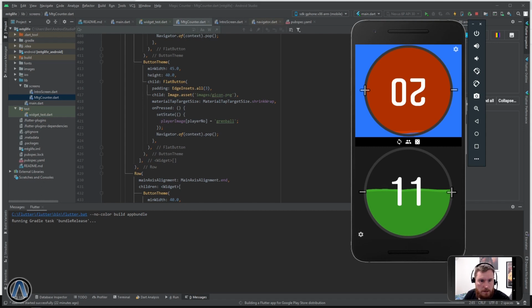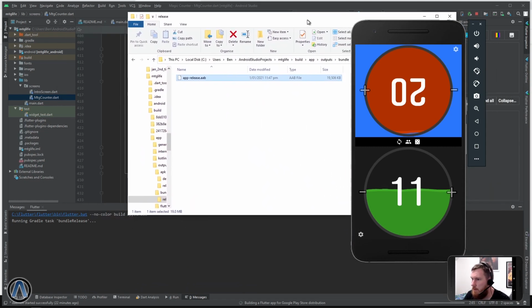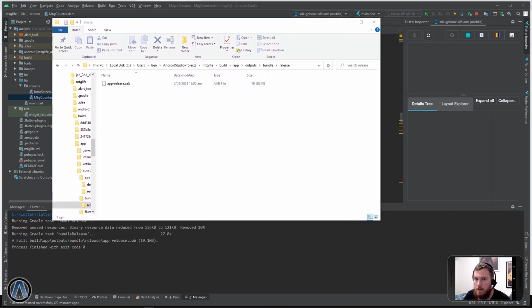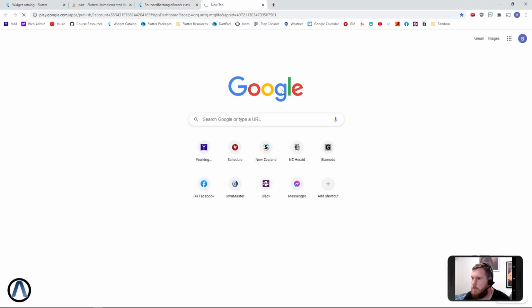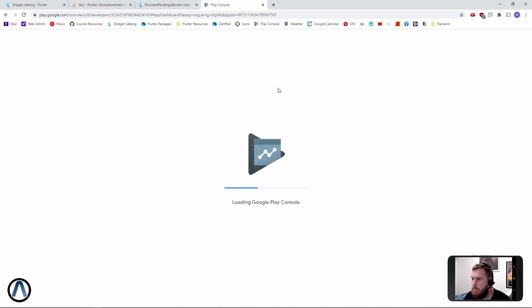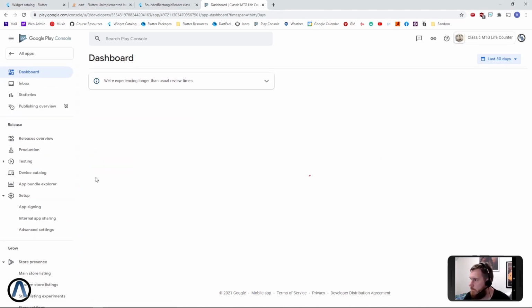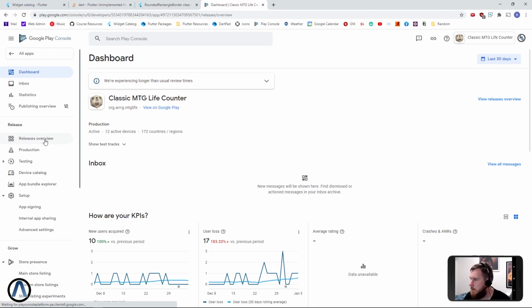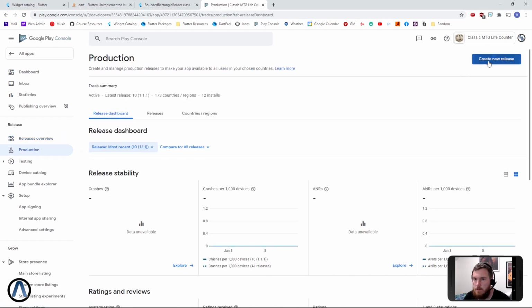And so that should be updating the file here. So it's in the outputs bundle release directory, and that's just updated. So what I can do is update this. This is the first app I ever got in the App Store, or the Play Store rather. So I'm quickly going to log in here, go to the app itself, releases, the release dashboard, create new release,